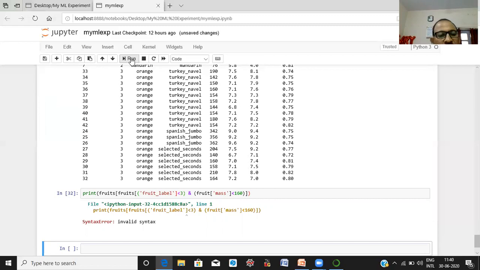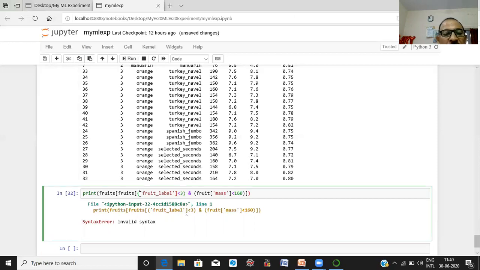Fruits, this fruit label, your mistake is at this.